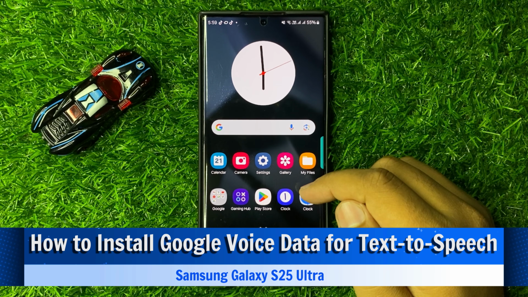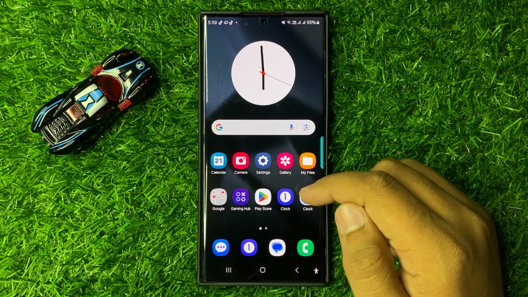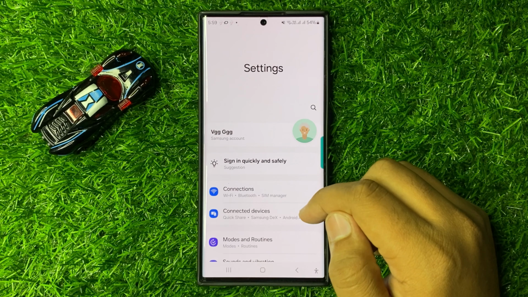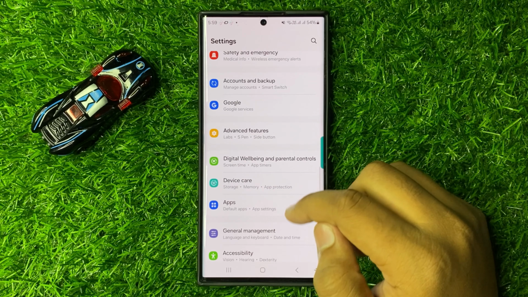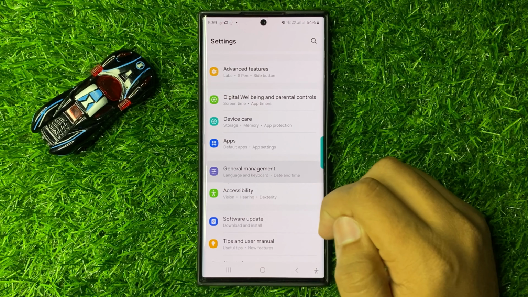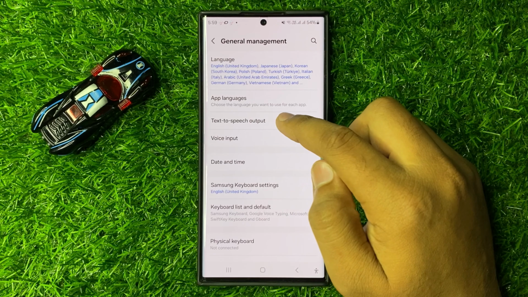In this video I will show you how to install Google Voice Data for text to speech in Galaxy S25 Ultra. So first of all, open settings. Now in settings, scroll down and here click on general management. Now in general management, click on text to speech output